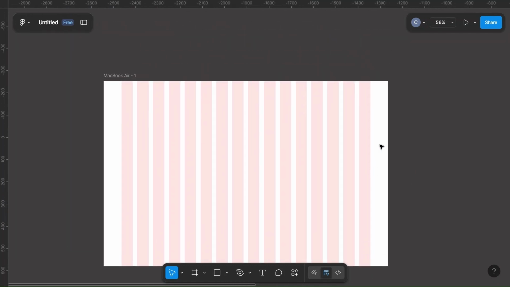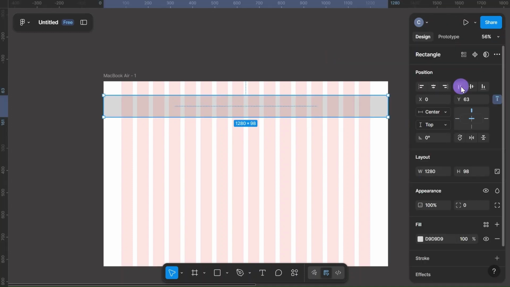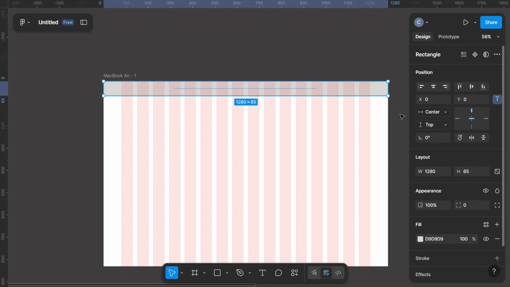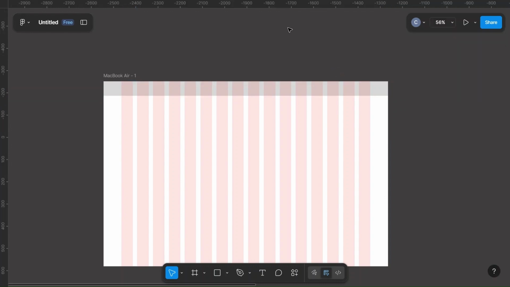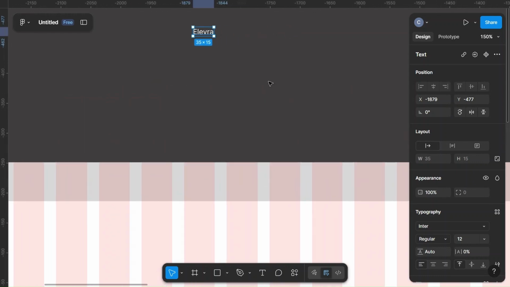Okay, so first we will create a navbar here. I'm making a rectangle. I'm setting its width to 1280, the width of the frame, and bringing it to the center and top. Now giving its height, the height will be like 65. Good enough. Then I'm using a text here, hitting my T key. First I will write the logo's name and then I'm duplicating it